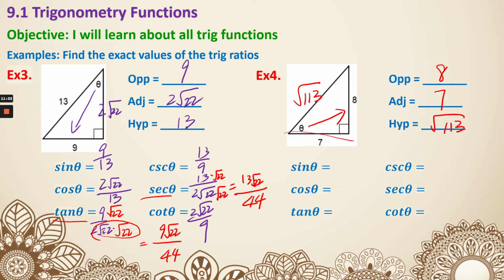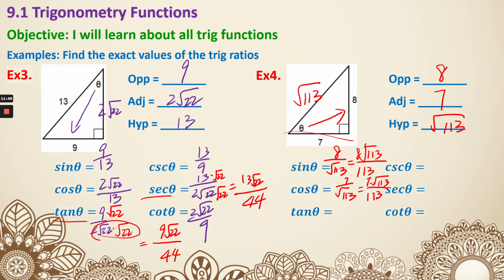Sine is opposite over hypotenuse, so 8 over square root of 113. Simplify it. Multiply both the top and the bottom by square root of 113. So it's 8 square root of 113 over 113. Cosine is 7 over square root of 113, which is the same as 7 square root of 113 over